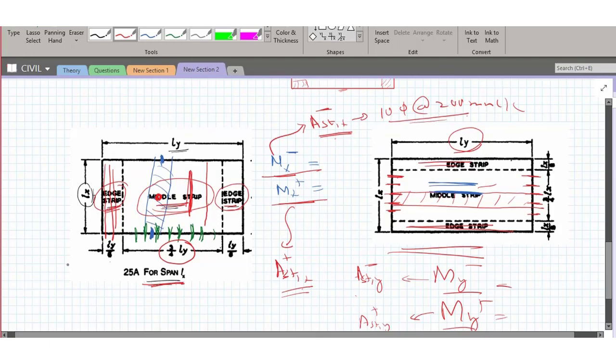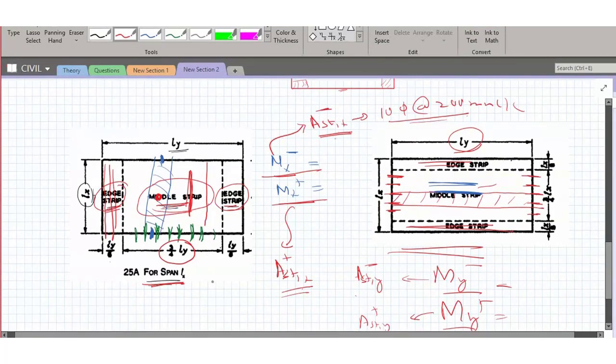I hope this is clear to everyone, because when we take a problem and solve it, it should be very clear. As I have always emphasized, making a detailed drawing is very much important. Reinforcement detailed drawing is important because it is going to get communicated at site. So whatever you design, it should be communicated properly at the site. If anyone has doubt related with this middle strip, and minimum steel, how much is it?